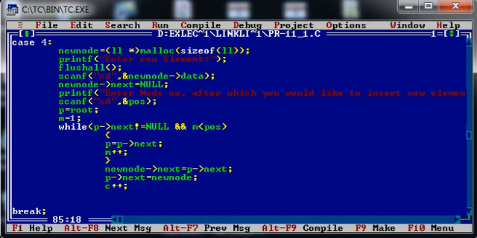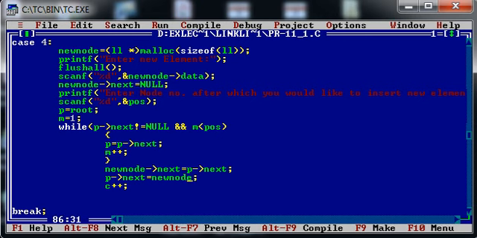So what I am doing, I am assigning P of next. P of next means what? The address of the second node. The address of the second node will be assigned to the address part of the newly created node.